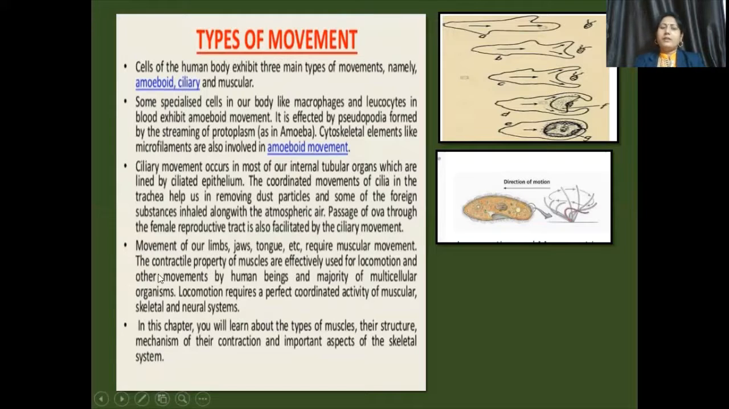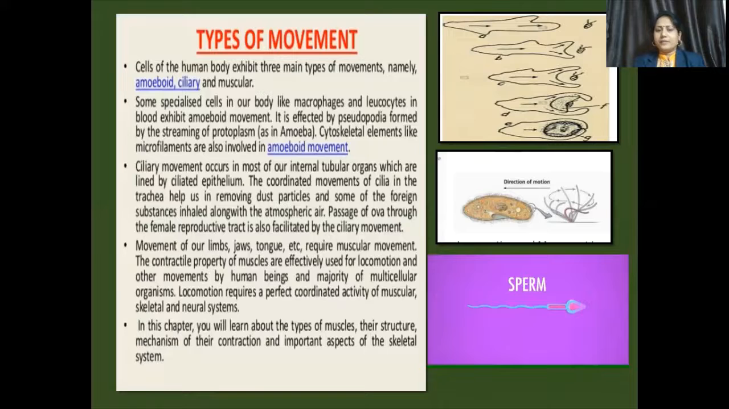Now the third type of movement is called muscular movement. The muscular parts present in our body mainly show contraction and relaxation, and due to that contraction and relaxation, the movement of that organ occurs, called muscular movement. Okay. So flagellar movement or ciliary movement also occurs in the